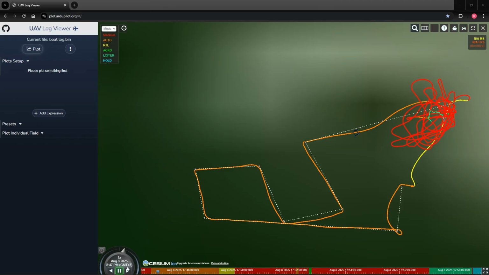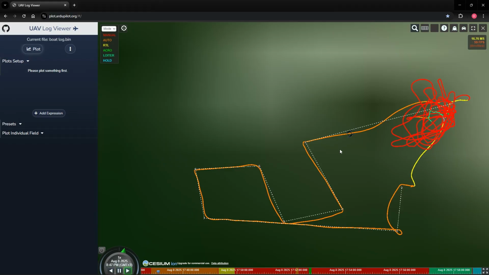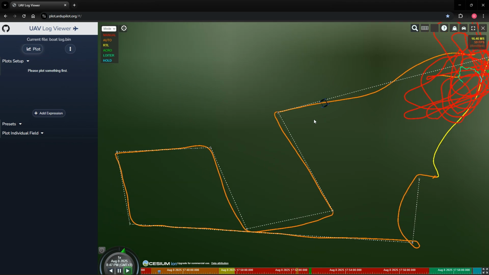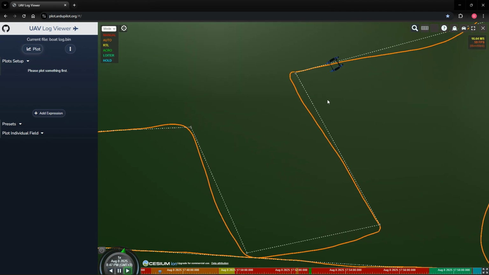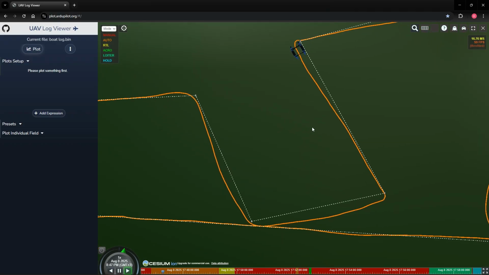The dotted lines and numbers represent the planned waypoints, while the continuous lines show the actual path followed by the drone. When you press the play button, the plot tool will start to replay your test. You can watch your test as if it were in real life. You can zoom, move around, and change the view angle. Try it yourself.